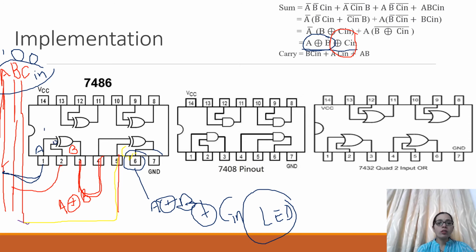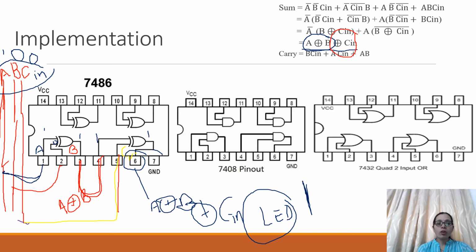What is 1 XOR 0? It is 1. Again 1 will be given over here. 1 XOR 0 is again 1. So LED will be 1, that is LED will glow. So LED will have two states, either 1 or 0, depending upon the combination of the input. LED will either glow if the output is 1 and LED will be off if the output is 0. Okay, so this is for the sum.